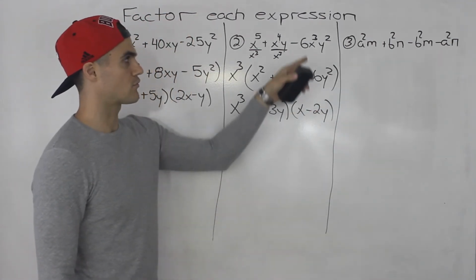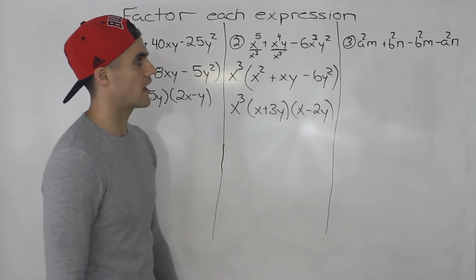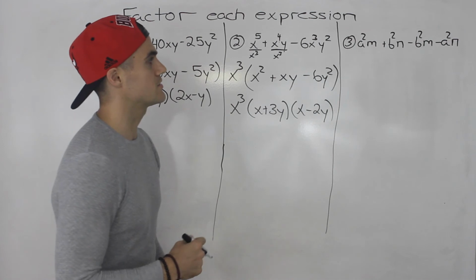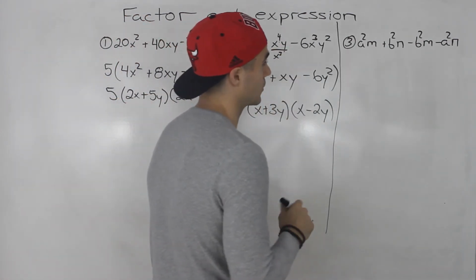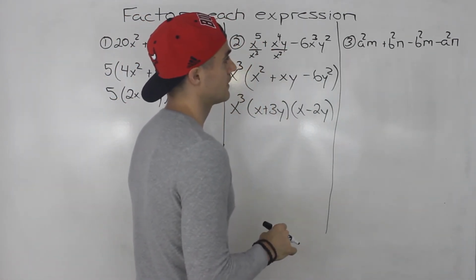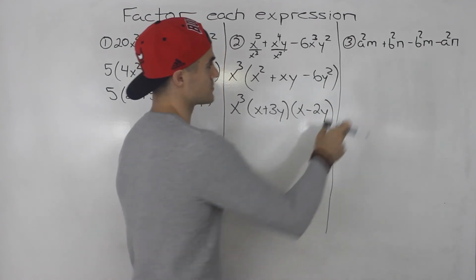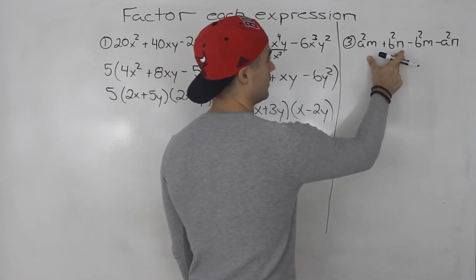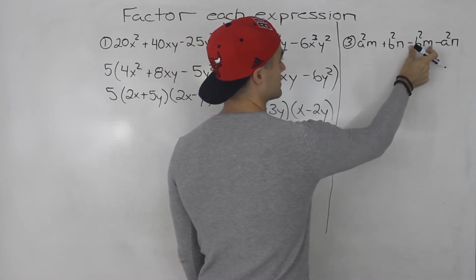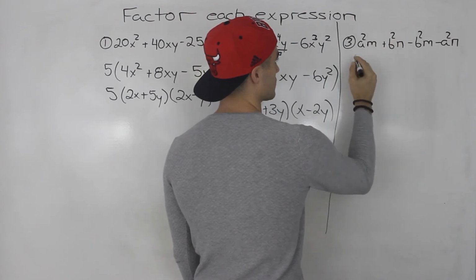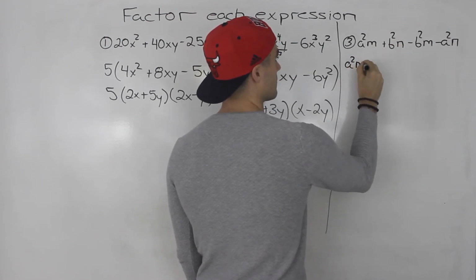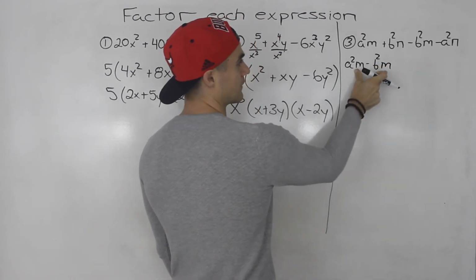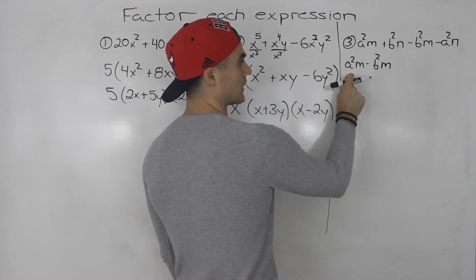And then finally, number 3, we got a squared m plus b squared n minus b squared m minus a squared n. So this one's a little bit tricky. We're going to have to do by grouping. And notice we have to rearrange it first because from these two, we can't really factor anything out. But notice that if I bring this negative b squared m over, so if I rewrite this as a squared m minus b squared m,